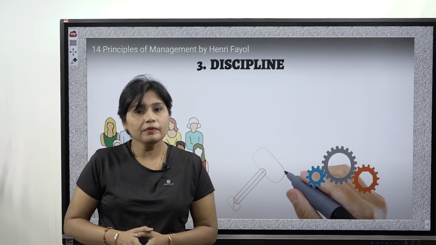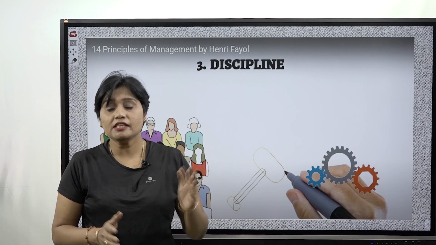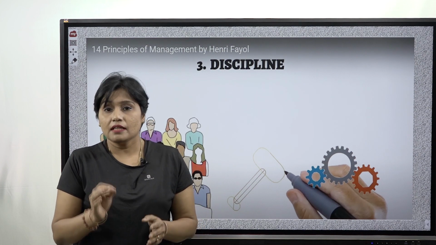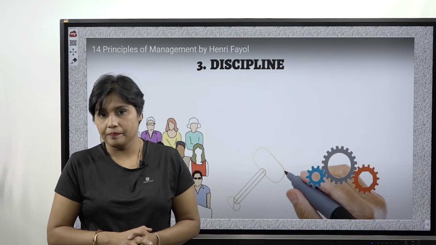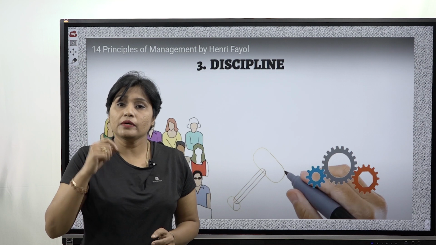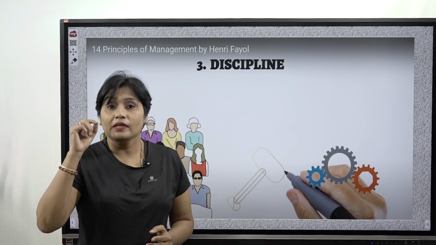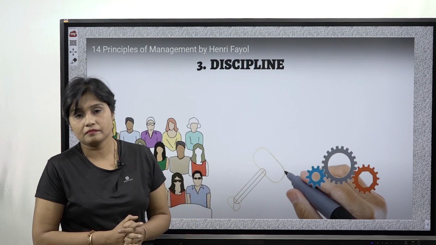Now, there is an example given in your text. There is an agreement between the management and the laborers, and the agreement actually says that laborers should work extra hours and without pay. Listen carefully. The laborers should work extra hours without pay and management will increase the salary after 3 months. So, this is the agreement.